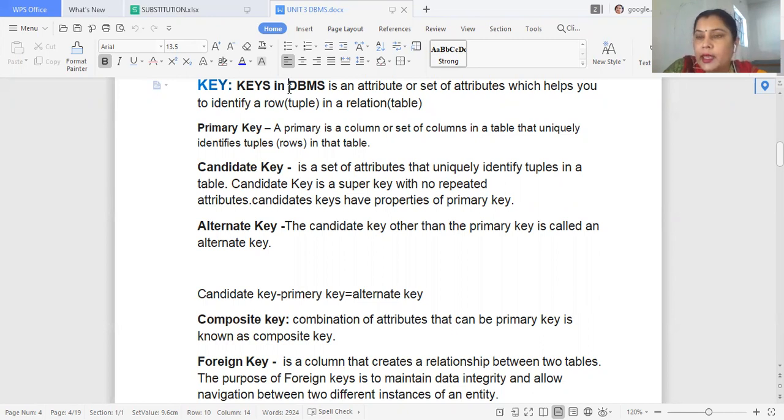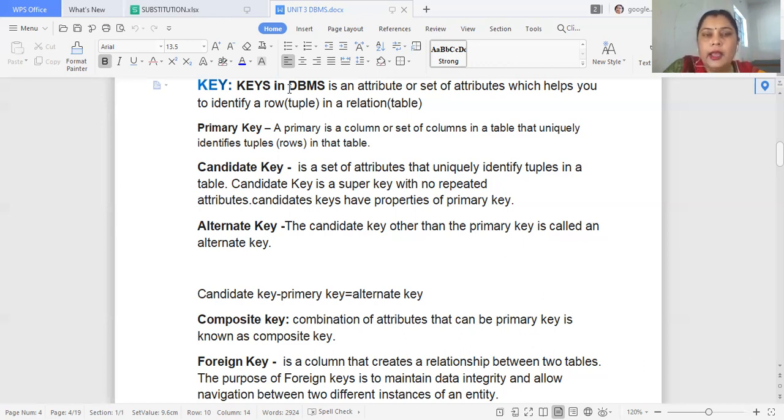A primary key is a column or set of columns in a relation that is used to identify the tuples of a table uniquely. Means through primary key, we can uniquely identify the row of a table.